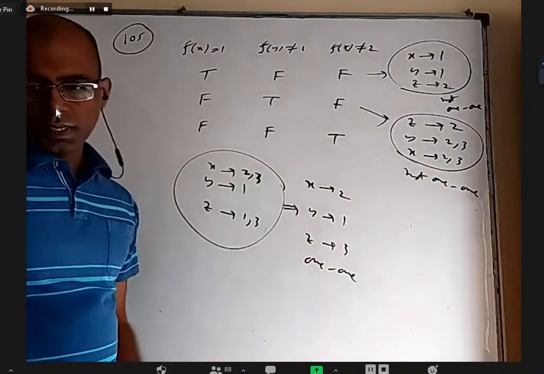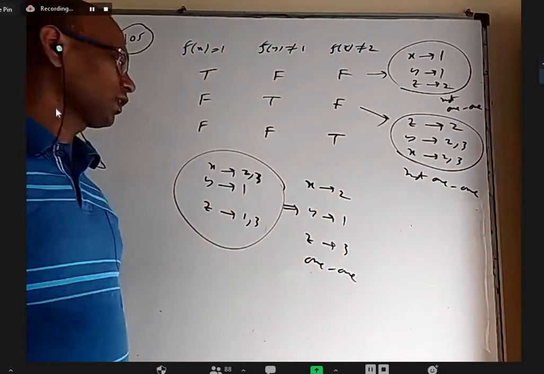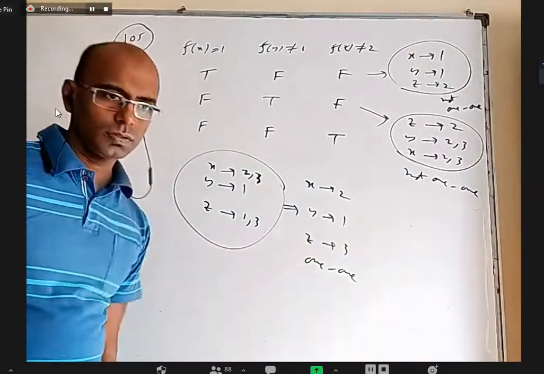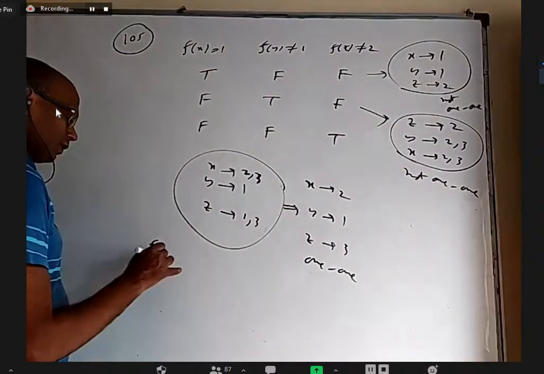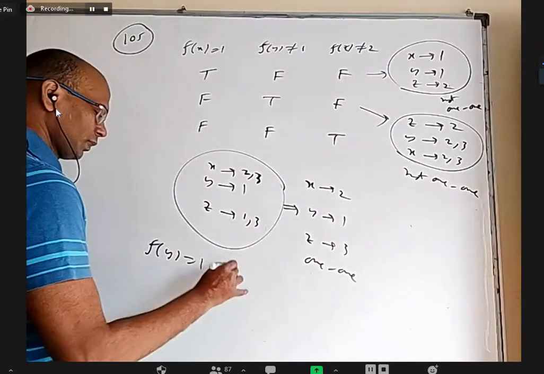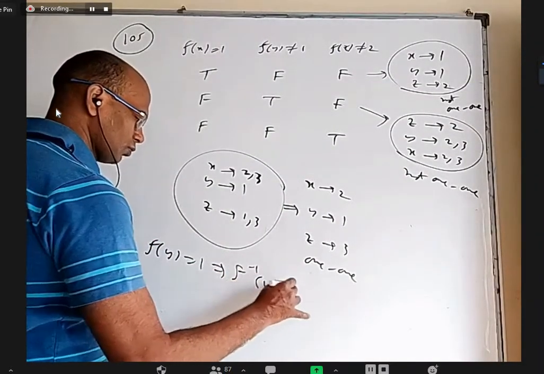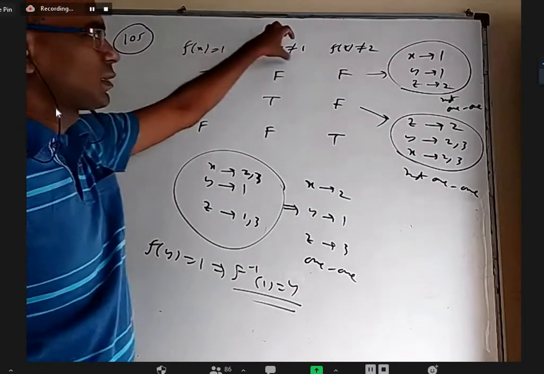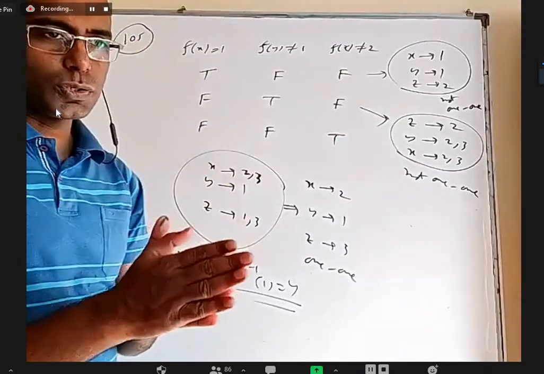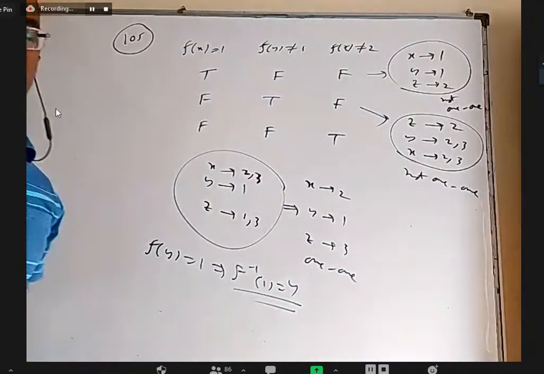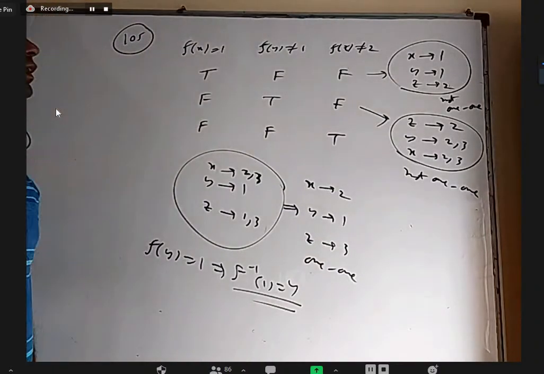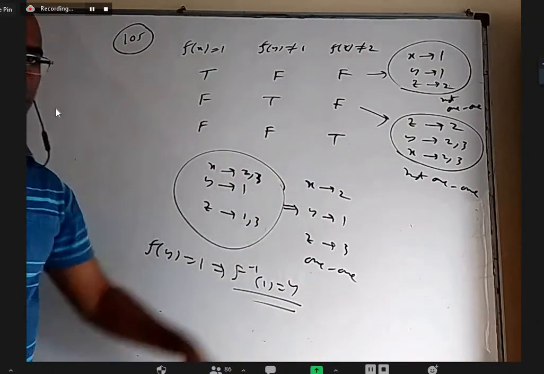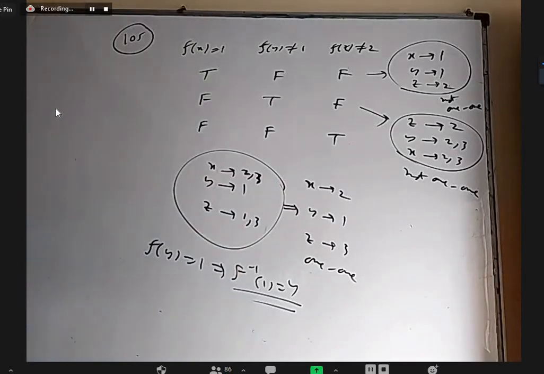Okay, once it is done, now they want the pre-image of 1. So f of y equal to 1 implies f inverse 1 equal to y. Okay, so the overall question is they gave 3 statements. They said exactly one of them is true and the other 2 are false, such a way that the function is 1, 1. Then what is the proper way of connecting the domain to codomain?